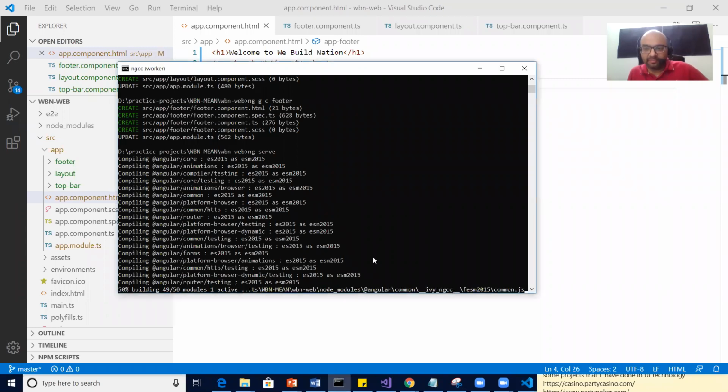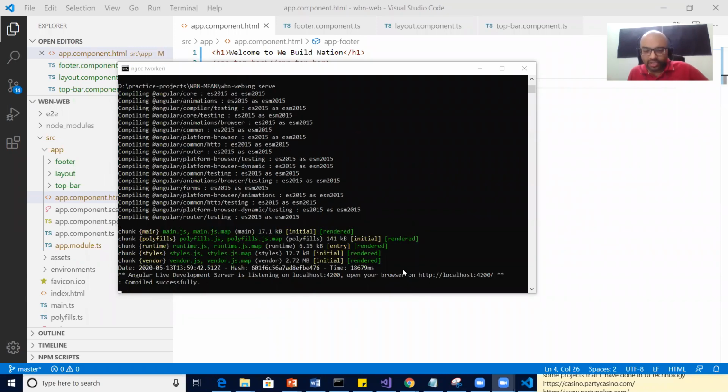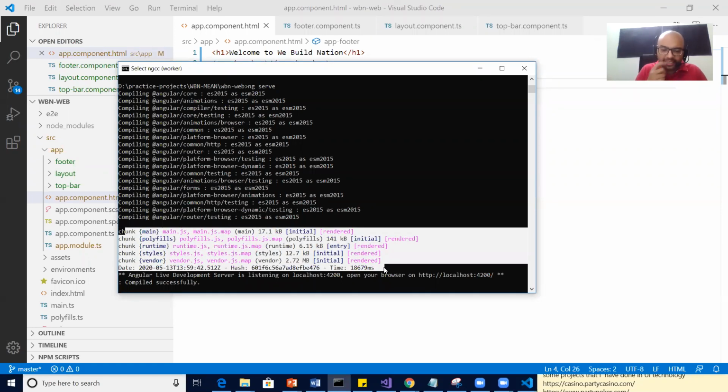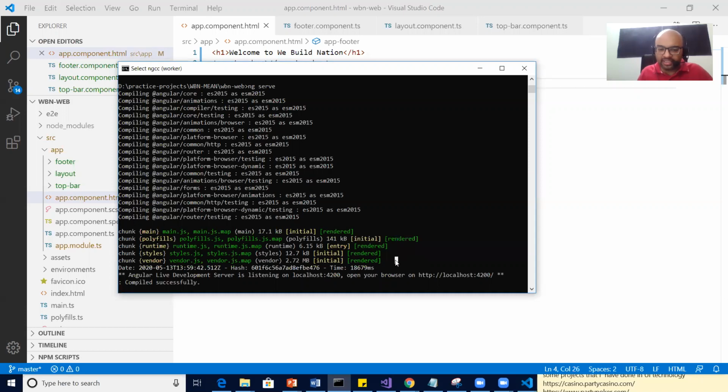50% compilation done, you can see. 93% and done. So now I will inject a few small pieces of information along with whatever you have studied so far or whatever I have taught you so far. Whenever you do ng serve or ng build, you will see these kinds of things, right? And what exactly is this? This is nothing but the bundle part that Angular has done for you. It's called compilation, bundling.